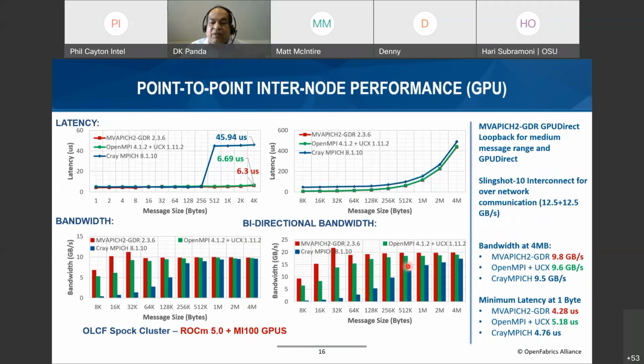So then this is on the GPU, but now it is the inter-node. Across the node, we are trying to send data from one MI100 to the MI100 in the other node over the Slingshot 10. So that's what we are trying to show here. And as you can see, at the small messages, again, all these three libraries are very similar. In this scale, they are not coming out, but broadly they are similar here. If you see 4.28 versus 5.18, 4.76. These latencies are a little bit